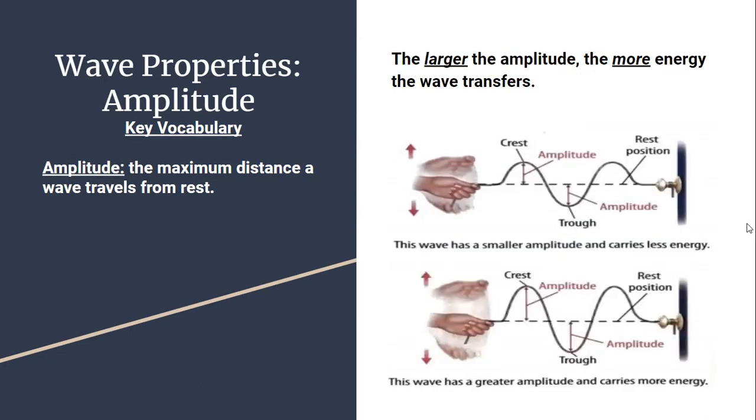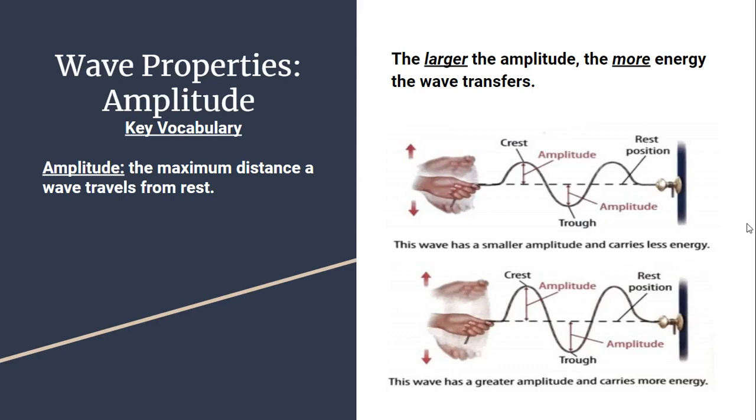Let's take a look at one of the transverse waves, like the rope example. The larger the amplitude, the more energy that transfers. In the top example, the hand is moving in relatively short and small up and down motions. That creates the crests and troughs of this wave, and you can see the amplitude measured up from the rest line to the top of the crest and down from the rest line to the trough. Those are the amplitude. In this first example, that distance is smaller, and so that wave has a smaller amplitude